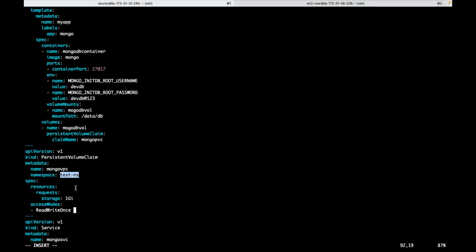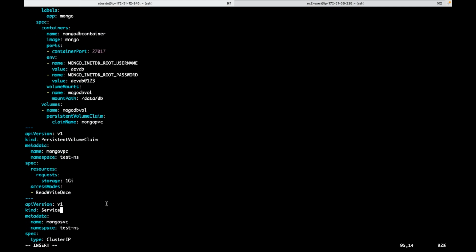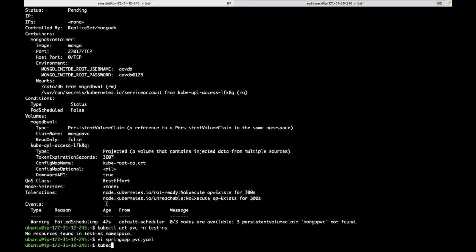I'm creating it in the same namespace, where I'm specifying storage 1 GB and the access mode. But if I mention the storage class, do I have any storage class which can create the volume for this PVC? No, there is no storage class. Now I'm just creating a PVC with that name. Now kubectl apply -f spring app